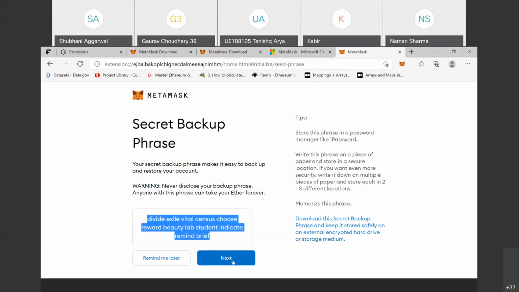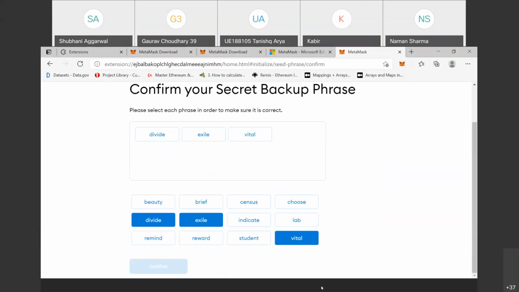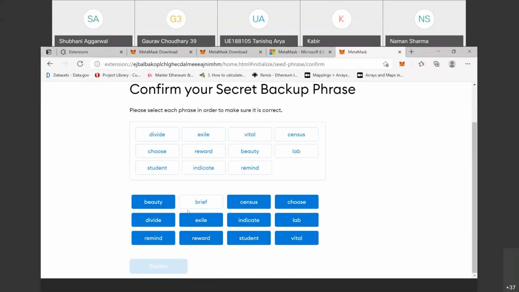Then next, enter it in a sequential way. The first one is divide, the second one is exile, vital, census, choose, reward, beauty, lab, student, indicate, remind, and then brief.